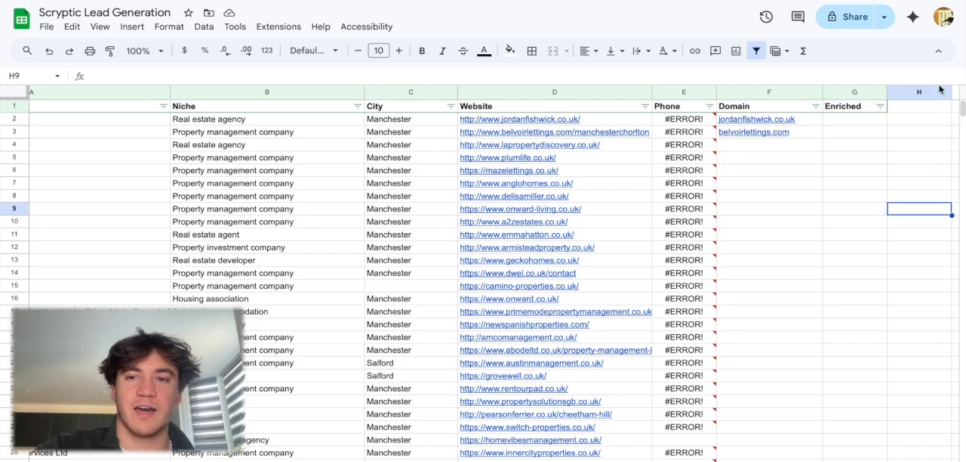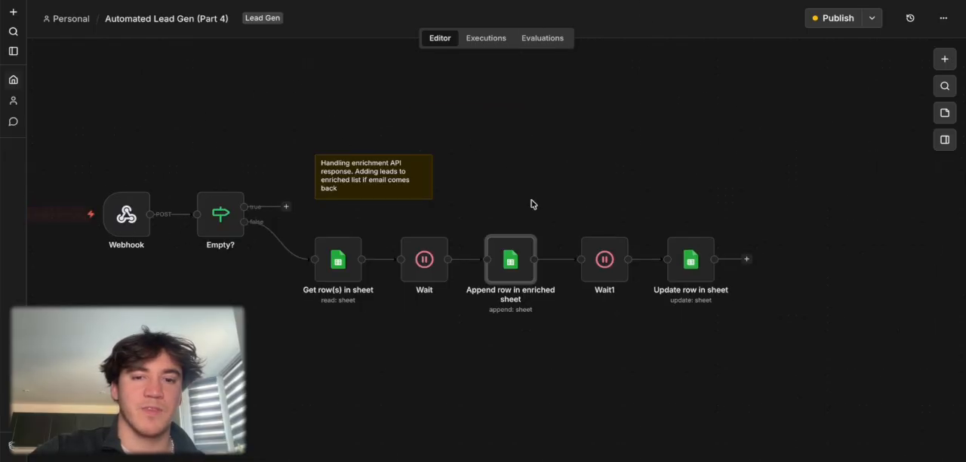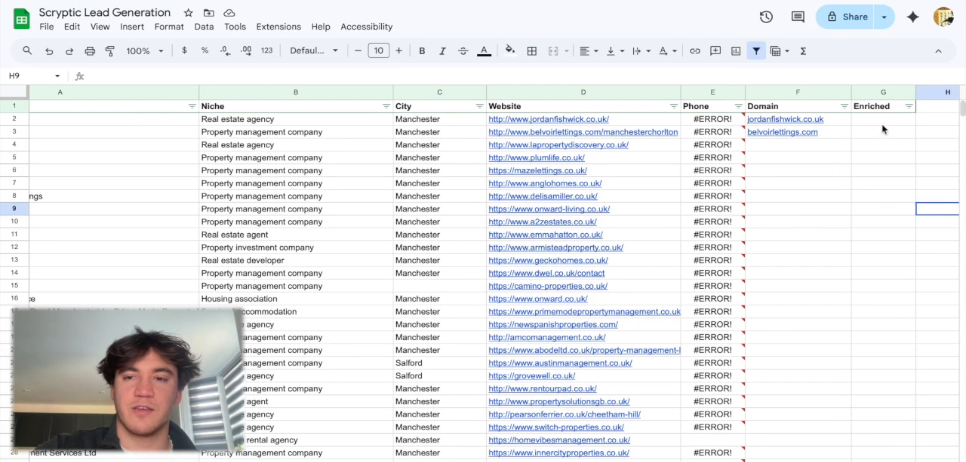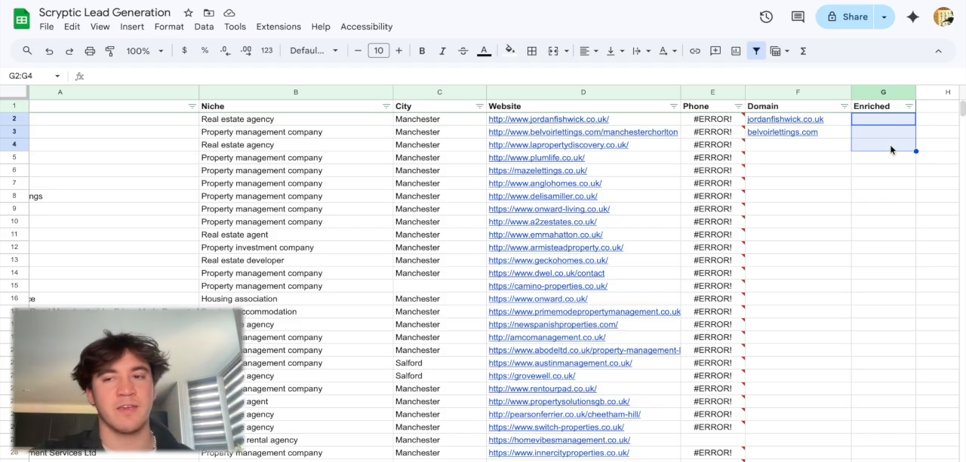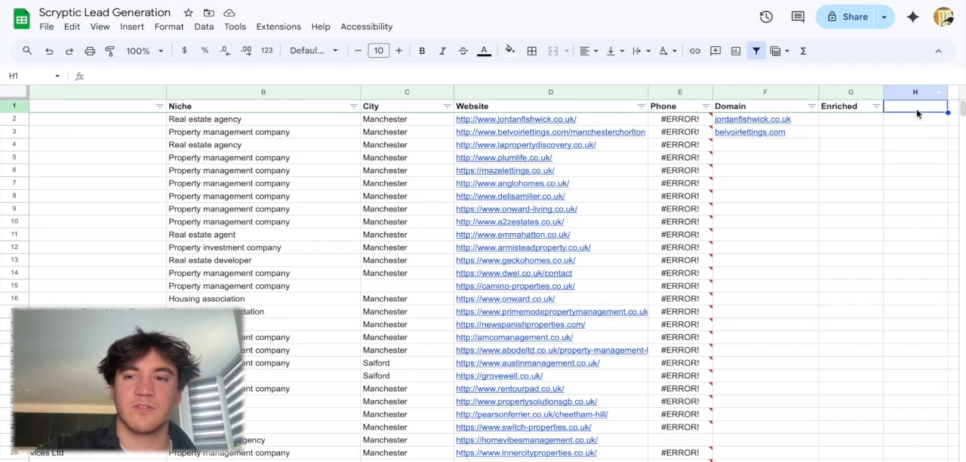So we should see that happening. We'll see. But yeah, so this now runs. It calls the find email API, which then runs this. And yeah, appends true if we found the email. And this might error, let's see, it might error because of the amount of... it looks like it has failed,